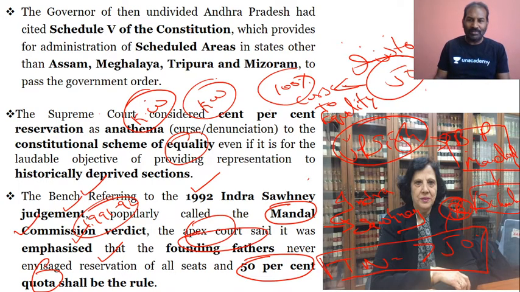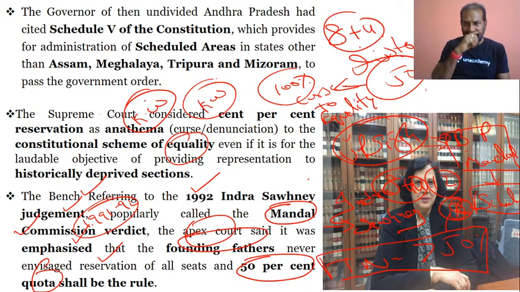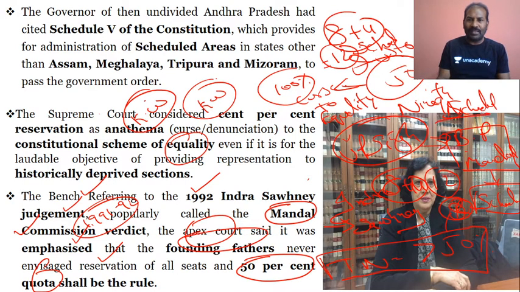How many schedules do you have in total? 8 plus 4, am I right? 12 schedules. Initially 8 and later on 12. So which schedule is this quota of Tamil Nadu in? Absolutely, the 9th schedule. Once you place anything in the 9th schedule, it will be permanent. And that is why Tamil Nadu is going ahead with that 69%, which has crossed the quota, and the quota is 50%.